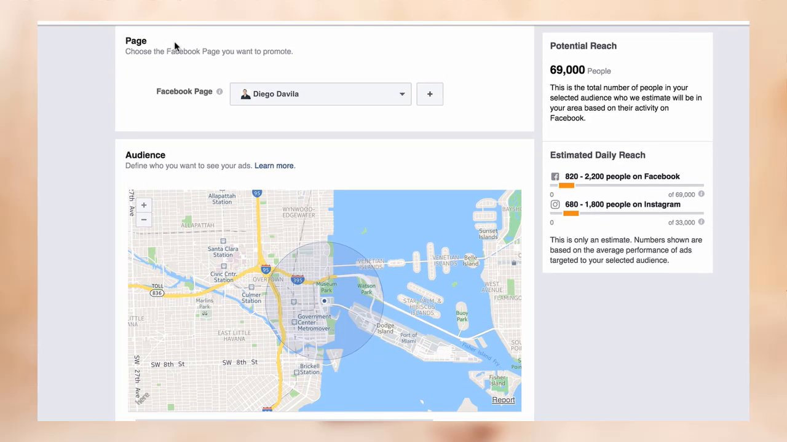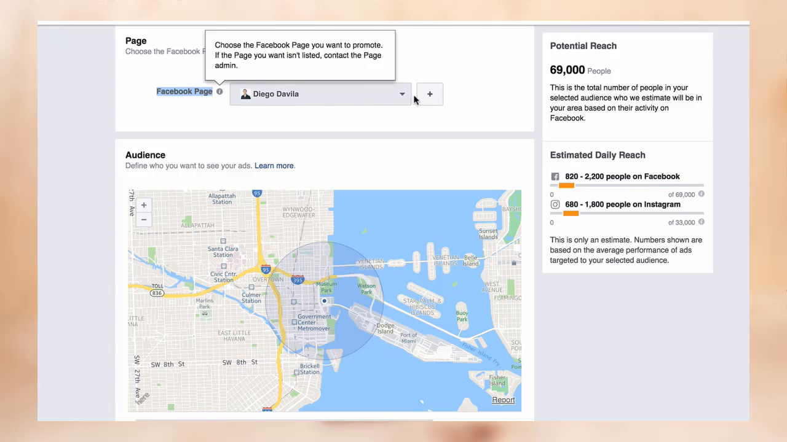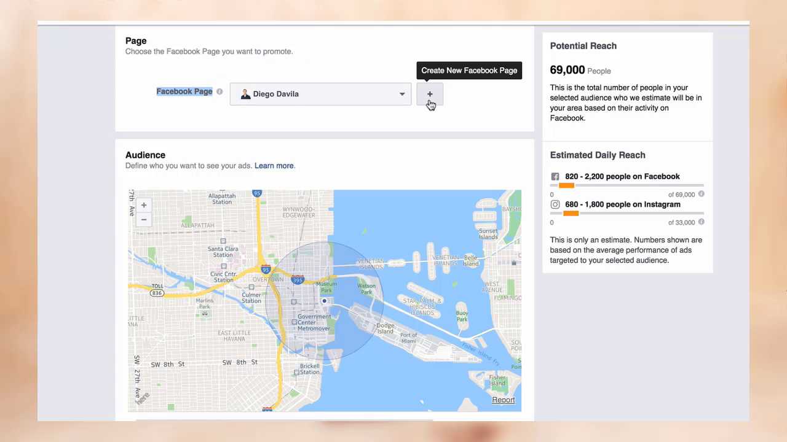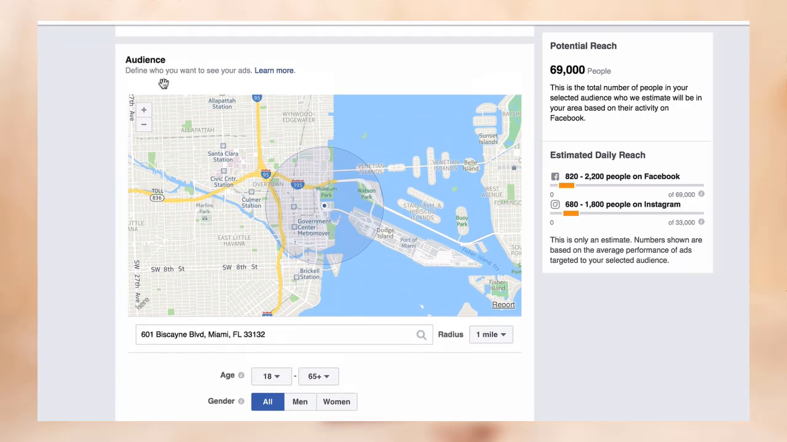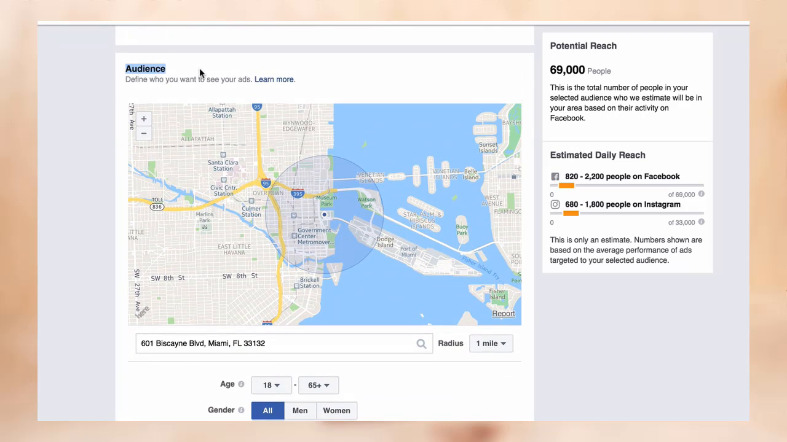First, we need to select the page. You should have a Facebook page in order to associate this ad with your Facebook page. If you don't have one, you can click on create a new page here and just follow very easy, very straightforward steps to create your Facebook page. But if you have a page, you can select the page that you want, and this is the page where the ad will show. Next step is the audience, and this is where things start getting very exciting for us,